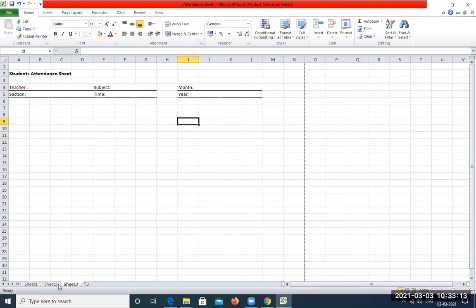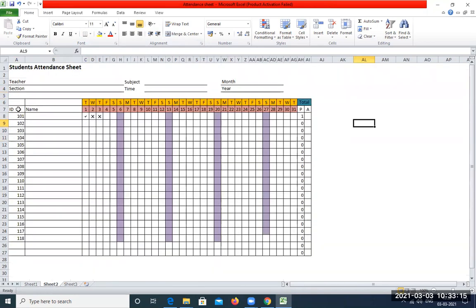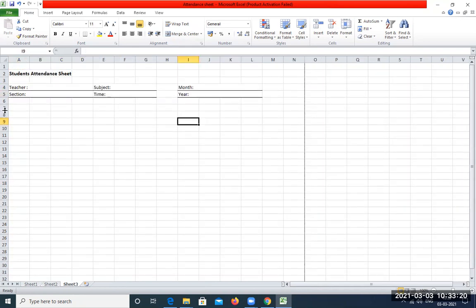Next thing, what do we require? We require a section with ID, name. So let us start from here. Let me type this as the first column to be the ID, or it could be the roll numbers.